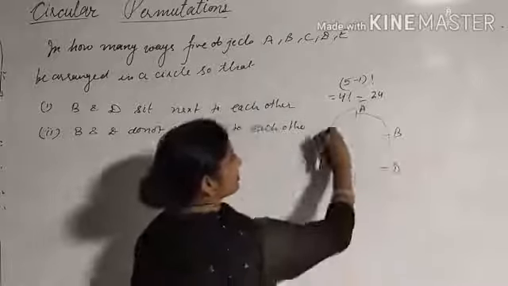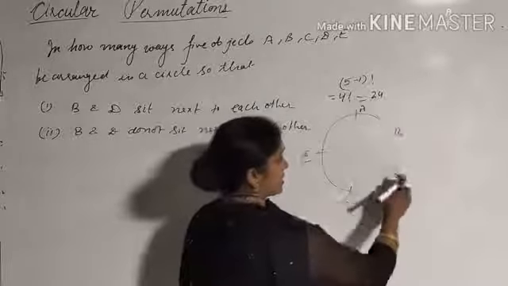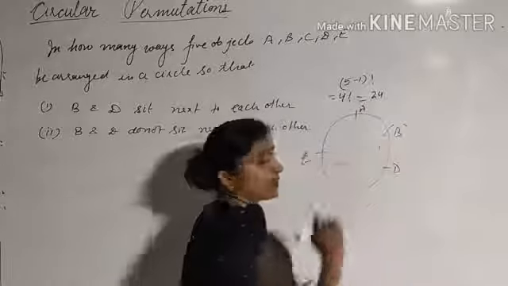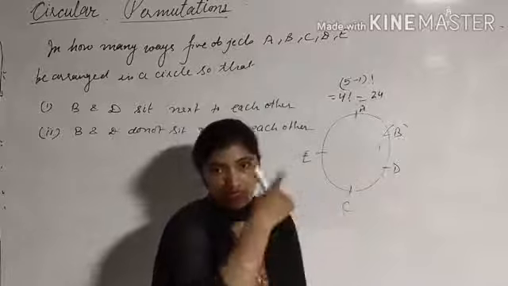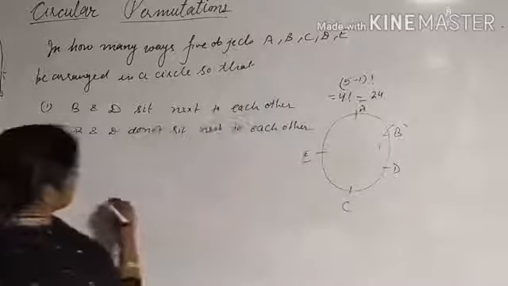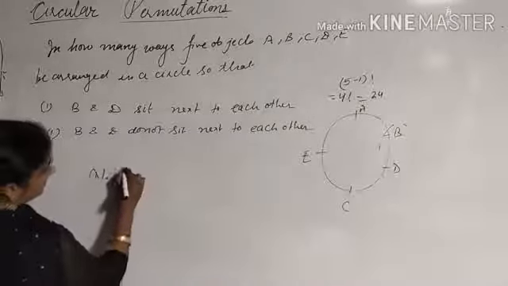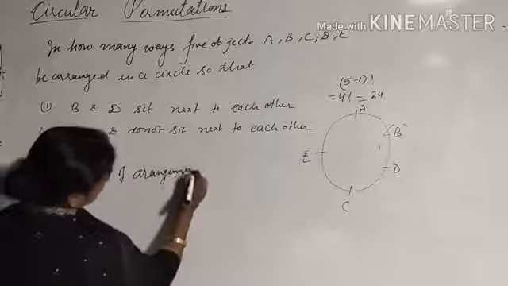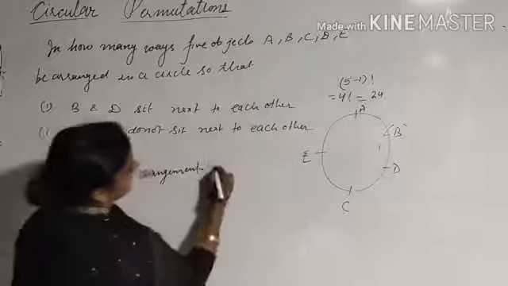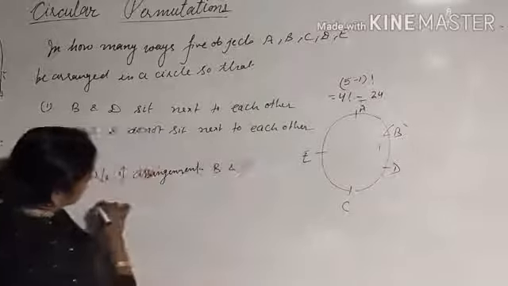That means you have to arrange only 4, assuming these as one slot. So you have to make arrangements of 4 things around a table. So the number of arrangements if B and D sit next to each other